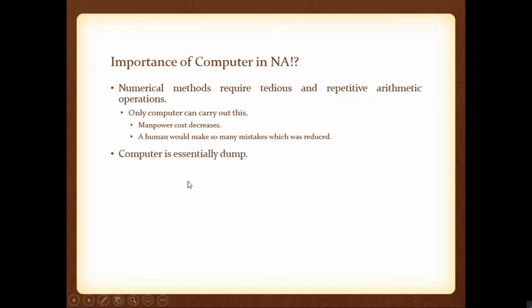Okay, but please note we have to write some program in the computer because normally a computer is a dumb device. Okay, so initially we have to write some algorithm. At that point, we must be very careful. After writing that algorithm, the computer can find the solution. Okay, so some program must be written.